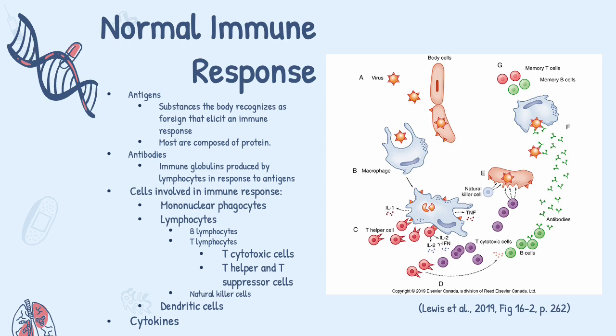The T lymphocytes can be categorized as cytotoxic or T helper cells. The T cytotoxic cells attack the foreign pathogen antigen and release cytolytic substances that destroy the pathogen. Some of these T cells remain as memory T cells, not going and attacking it. So if an antigen presents itself a second time in a second invasion, it makes a stronger immune response. The other type of T cells, the T helper cells, are involved in the regulation of cell-mediated immunity